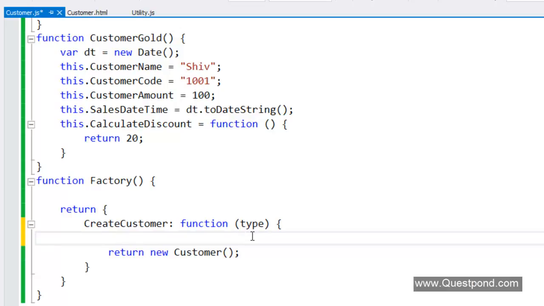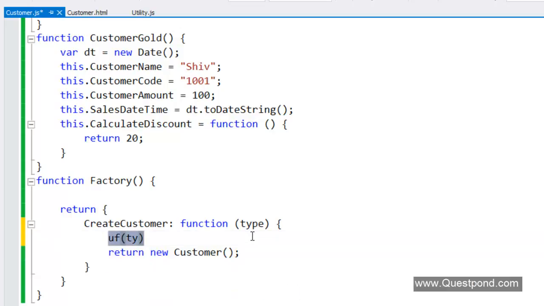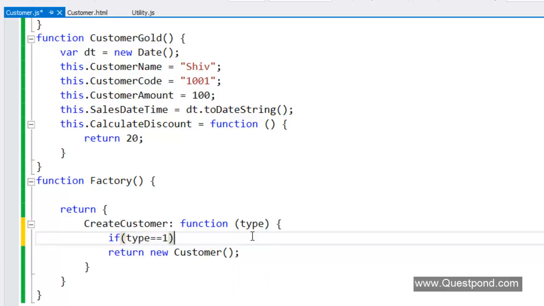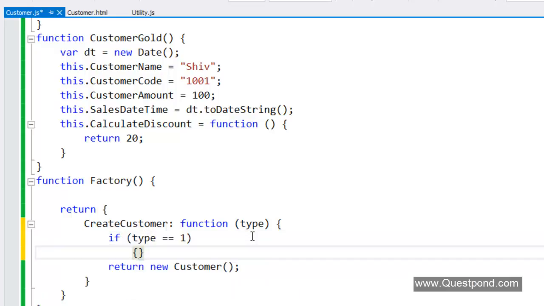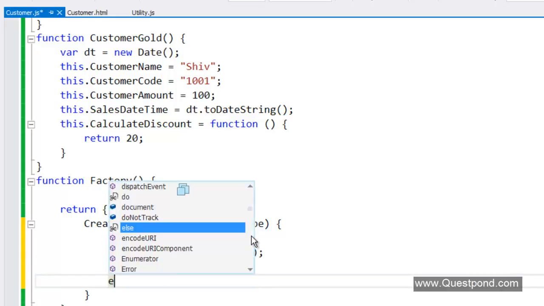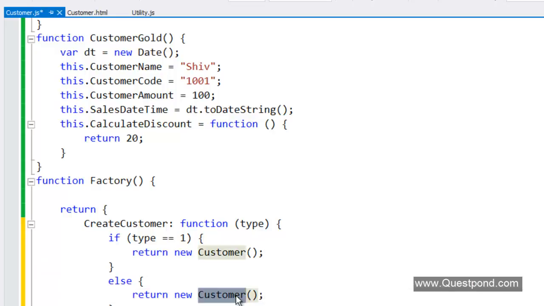So if you say here, if type is equal to 1, that's what it is, factory pattern, right? Then please return our normal customer. So please return the normal customer class, or else return customer gold,